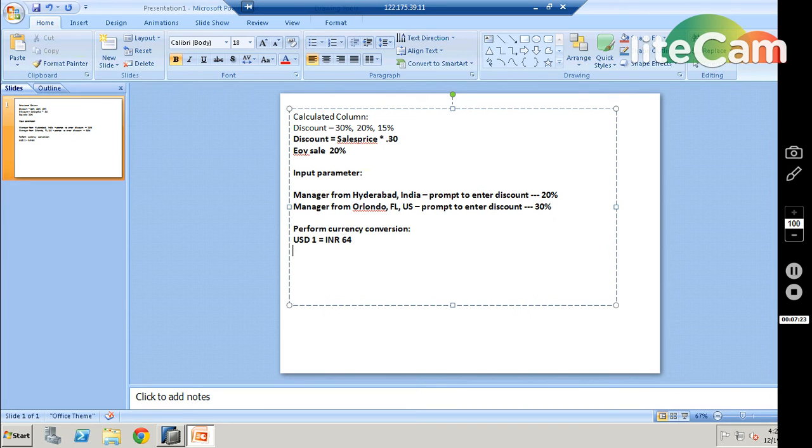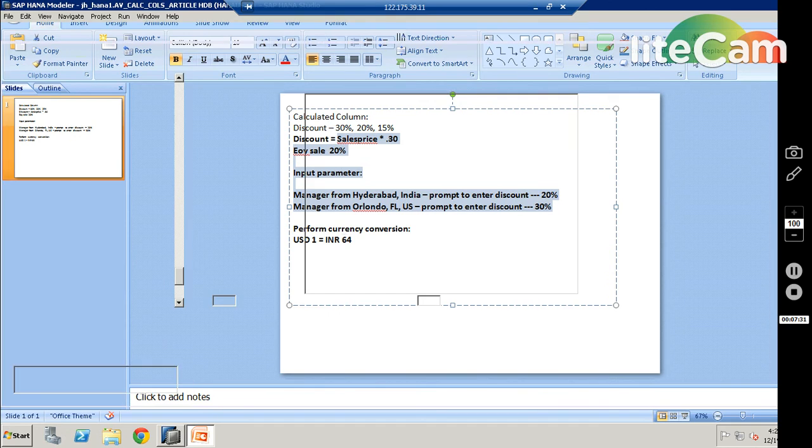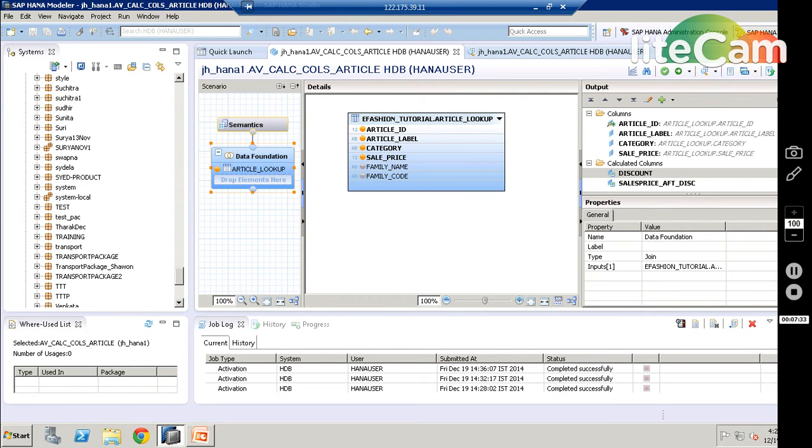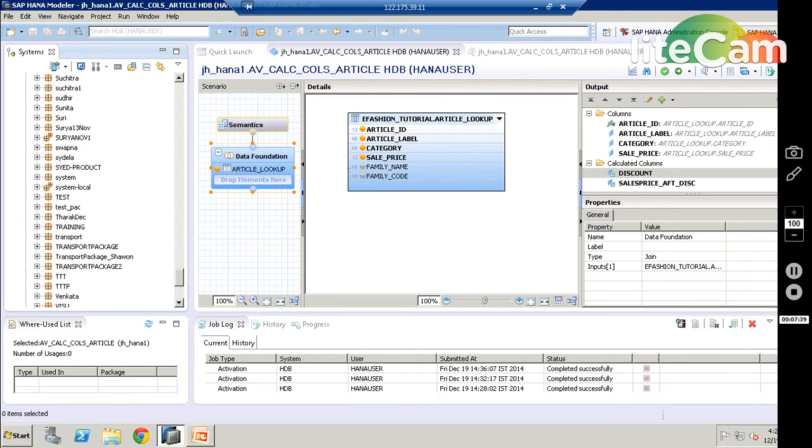I am going to show you how to create an input parameter and how we can use that for the first scenario. Okay, let us see. We'll go to HANA Studio, where we'll be creating one analytic view. You can generate a report based on an analytic view.